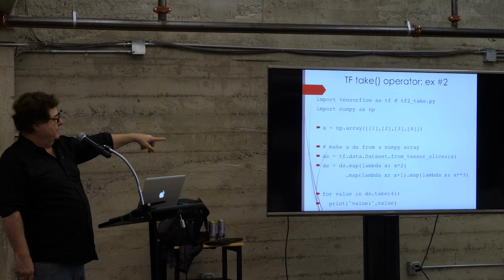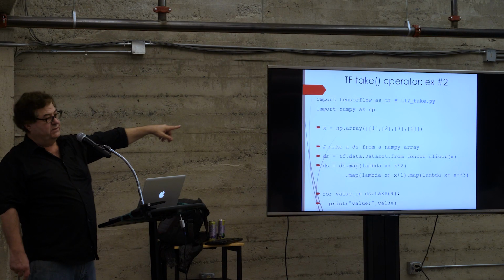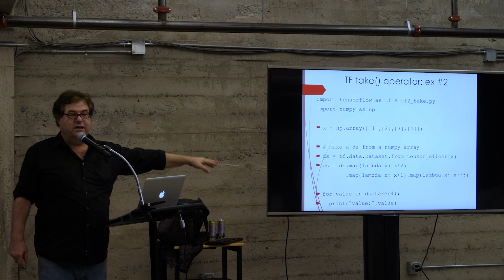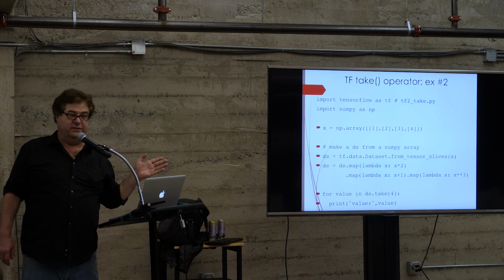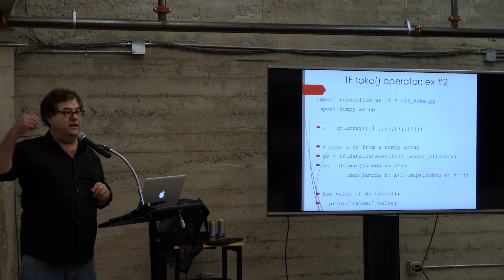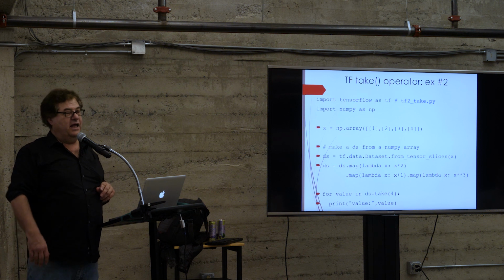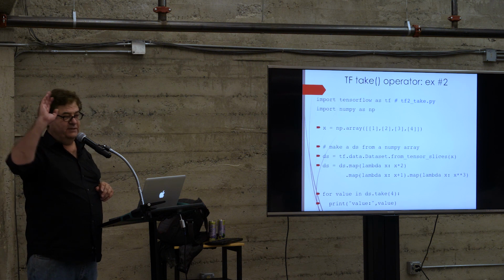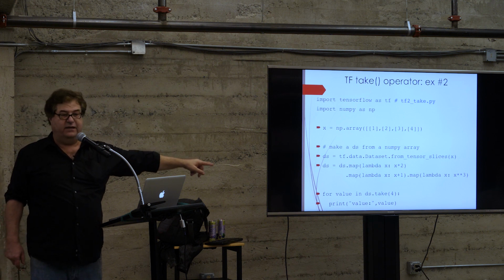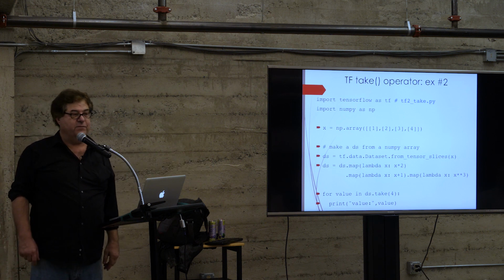That is okay sometimes, but imagine the following contrived yet possible scenario. Suppose that our set is not the first four numbers. Let's take the first billion positive integers. And then we'll square them. And then, I don't know, multiply by 2. And then we get to the end and we have a ds take 3. What's going to happen?